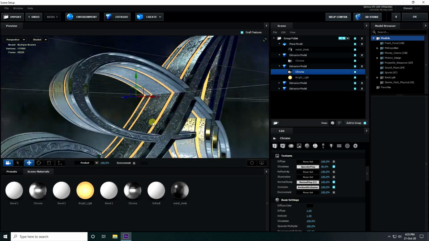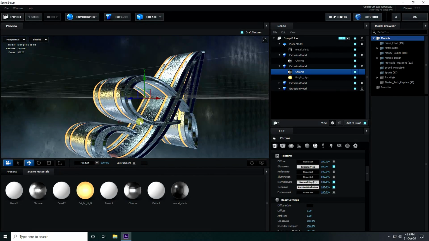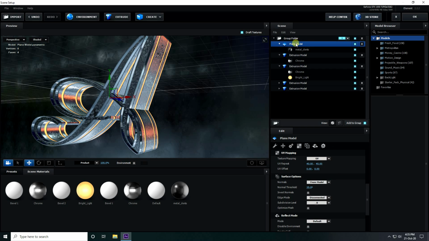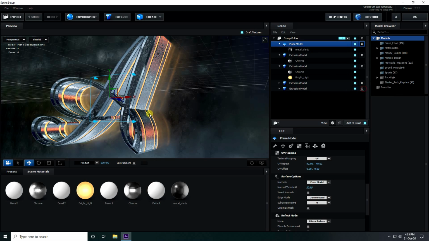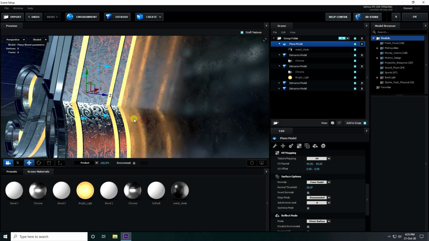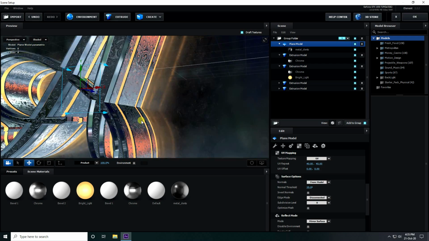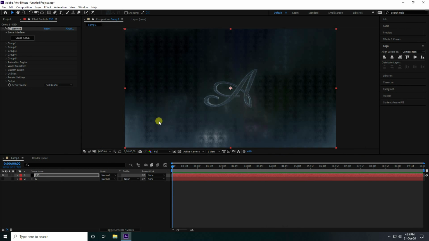Okay, so now select this plane, right click on plane, go to reflection mode and use mirror surface. That's my mirror, beautiful lighting, right? Okay, so my text is complete, and press OK, right?